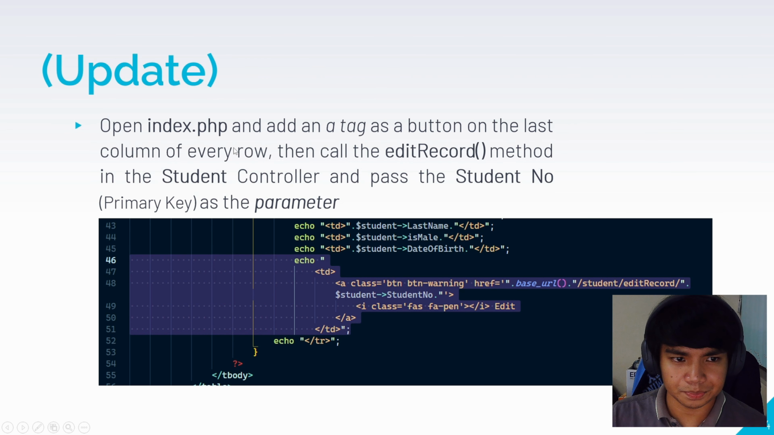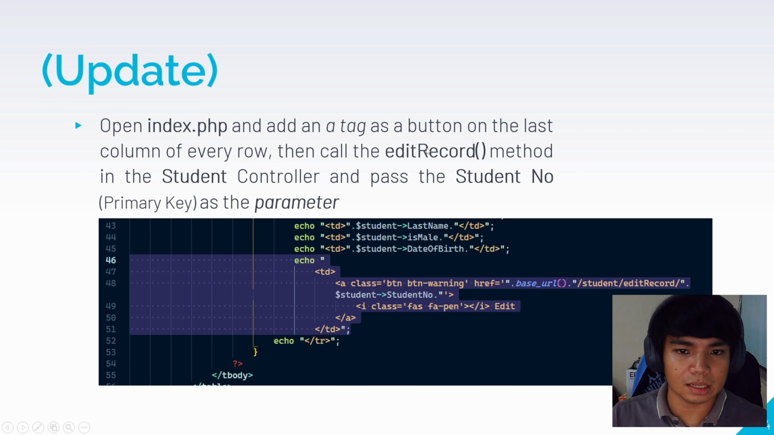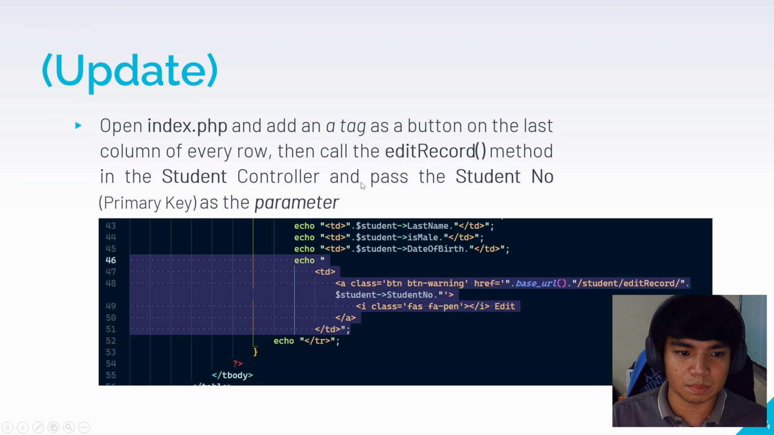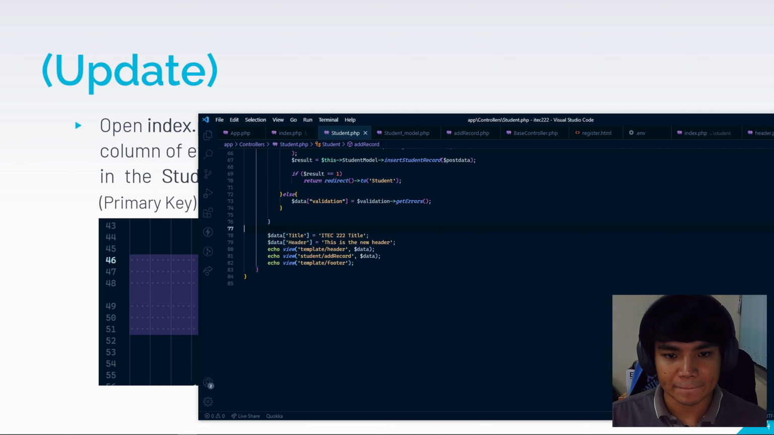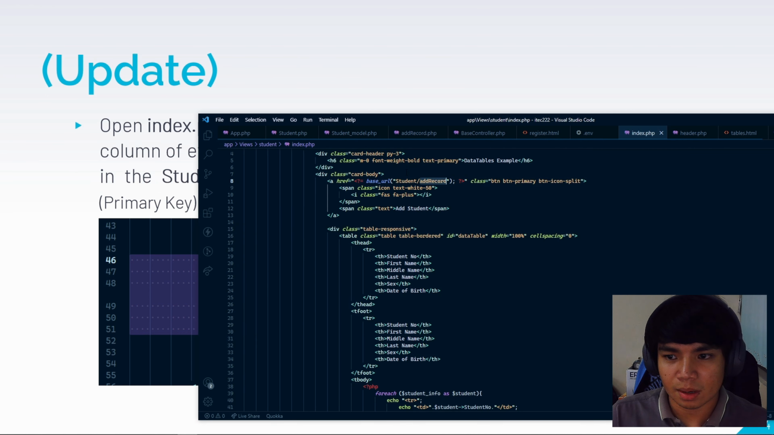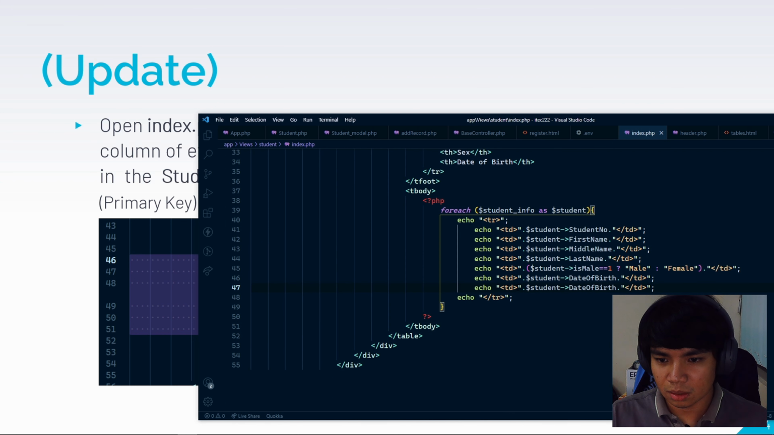Okay, next, for the update, we'll open index.php and add an a tag as a button on the last column of every row, then call the edit record method in the student controller and pass the student number, or the primary key, as the parameter. So let's go to index.php. Oh, not this one. So index.php. Then here we will